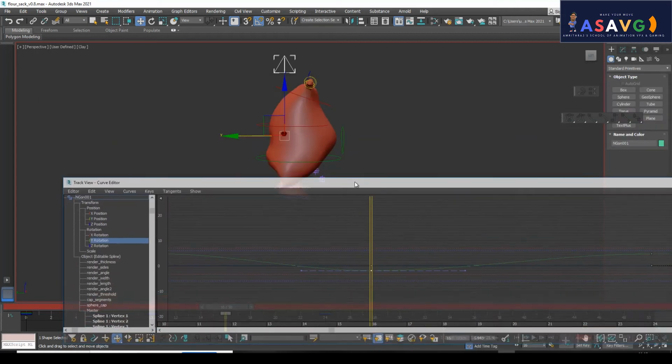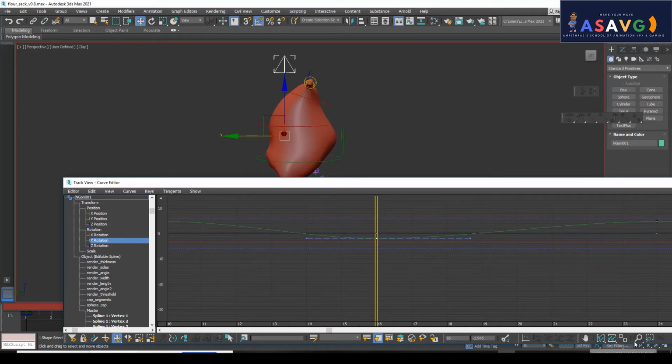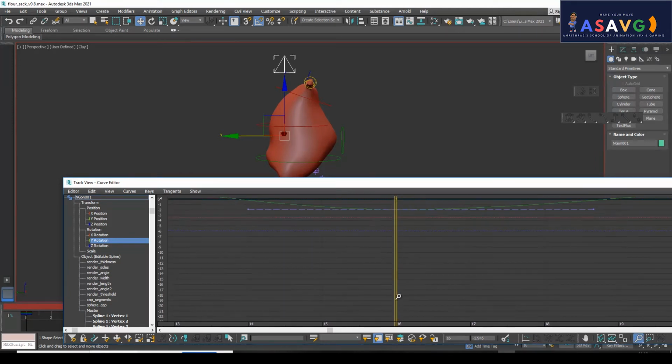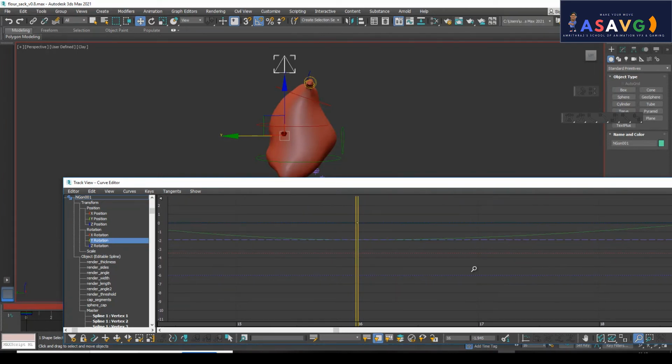Yes, this is the thing. The curve is going very much down. That is the problem. So just click here, click once more on the zoom key and make him come down.